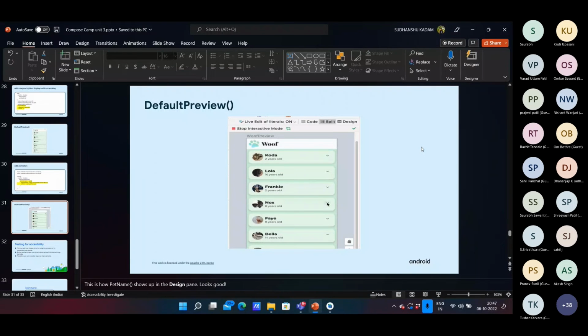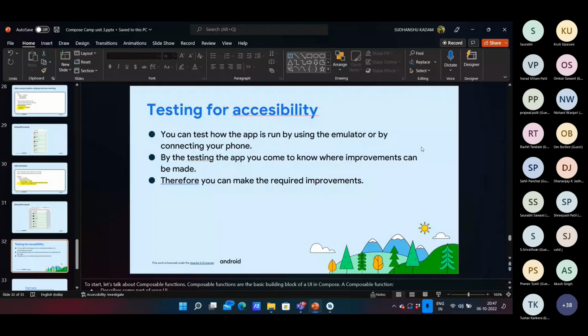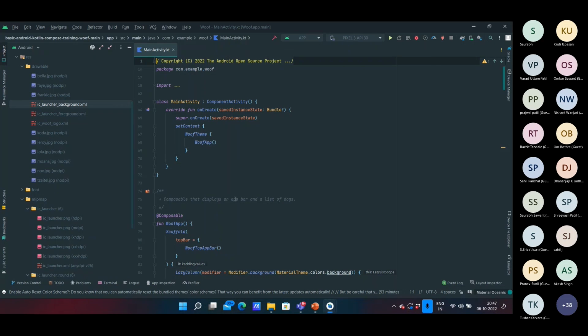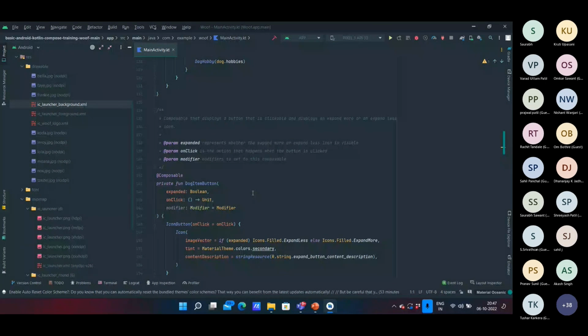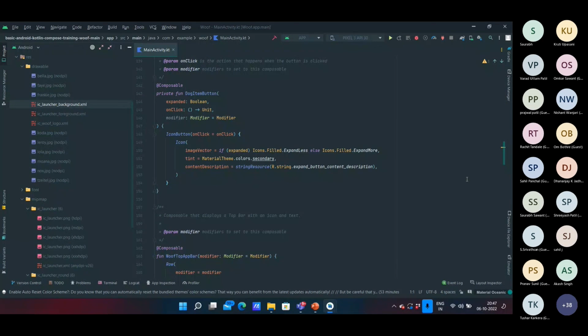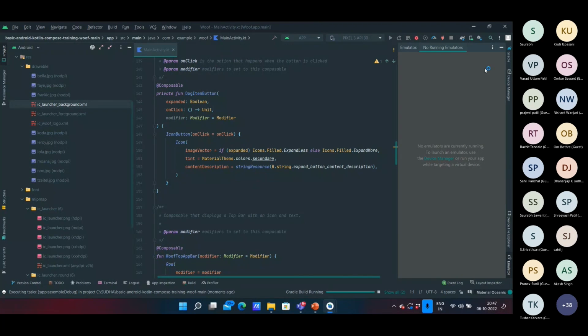And so now moving towards the last part. Once you are done with creating your app, how are you going to test it? So there are a couple of methods. I'm going to show one of them now. So this is basically the app screen that we developed for the book app. And what we are going to do is run it over here. So if we click on run,